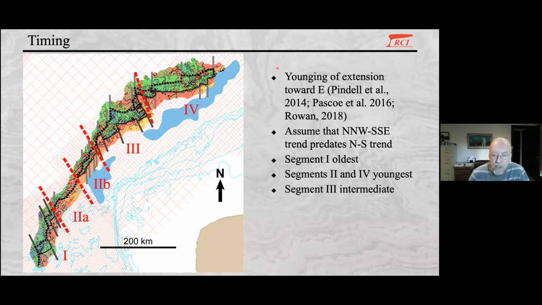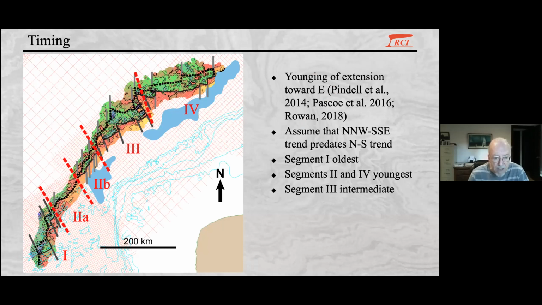Generally, people assume that there was a younging of extension towards the east. It's a wedge-shaped salt basin. Pindel has said it. Rob Pascoe said it. I've said it. Now, I'm going to assume that north-northwest trend predates this north-south trend. Very simply for 2 reasons. One, because it dominates in the southwest, whereas the north-south trend dominates in the east, where rifting was later, but